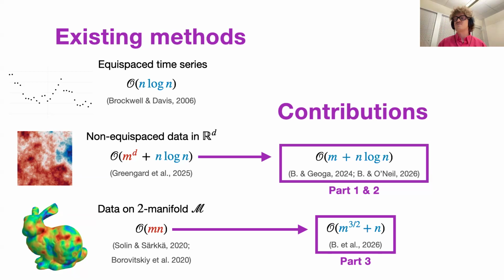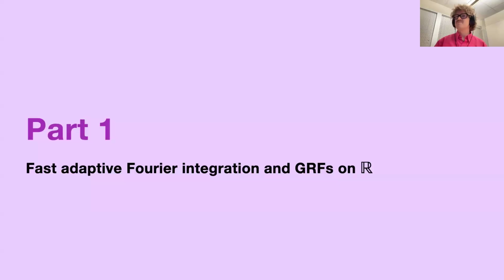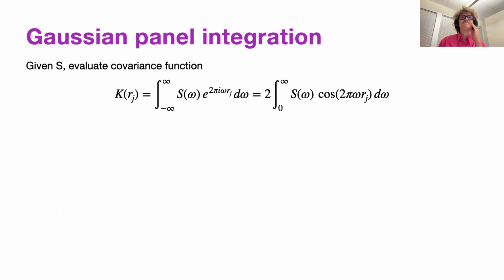So this is essentially the roadmap of the talk. Okay, let's jump in with this first part, where we'll treat these continuous time processes. So going back to our basic idea, we're given a spectral model S, and then we want